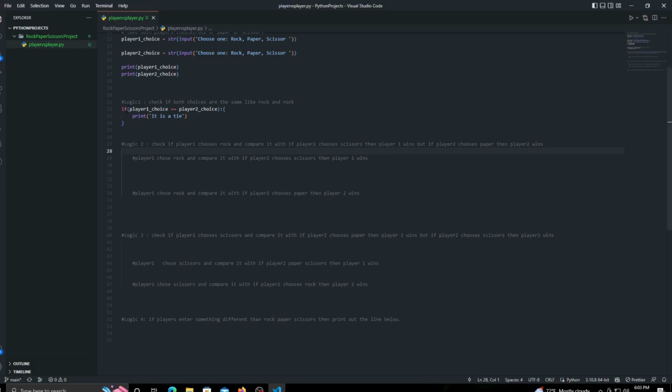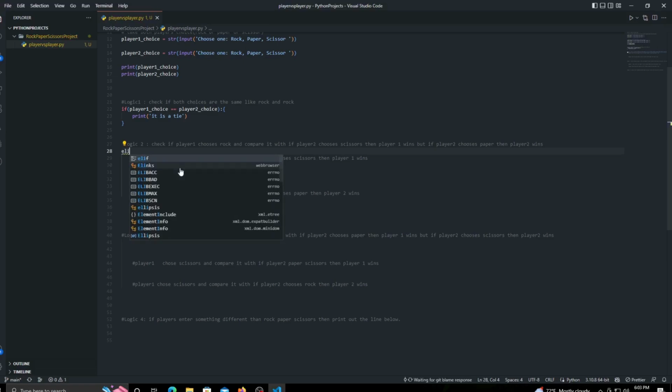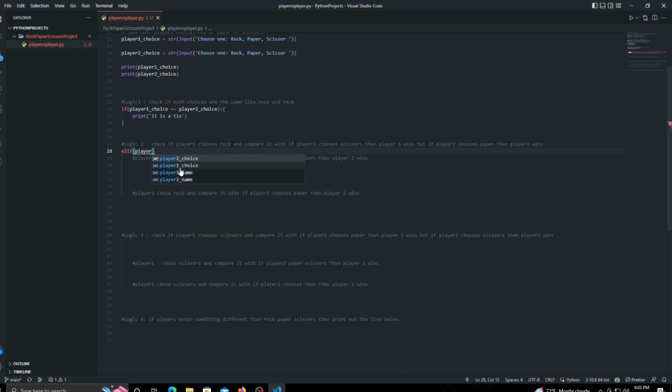And we cannot use if again because it will not work with all conditions, it will not work with each other if you use if for each logic. So instead we will use else if. Else if is the same, but it is saying like if the condition above did not work, then go to the second condition and run this. Okay, if player